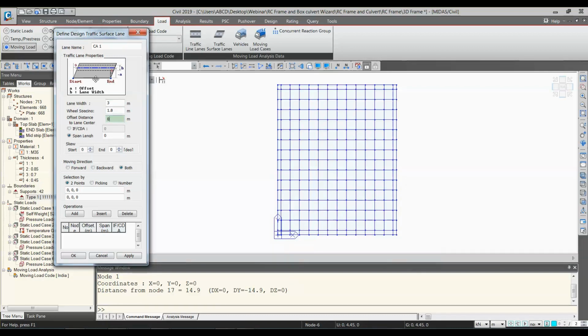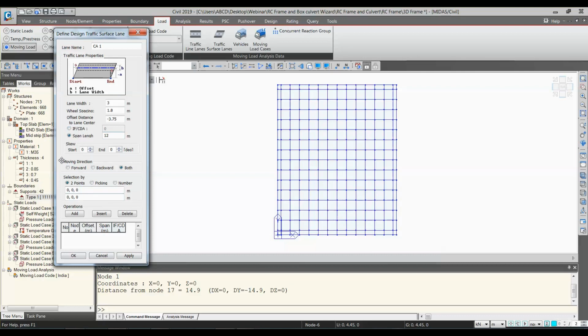So as you can see, if this is the reference line and you are giving distances above the reference line, you have to give a minus sign. So I am entering minus 3.75. Span length is 12 meter, or you can calculate the impact factor manually, and instead of span length you will choose the impact factor.